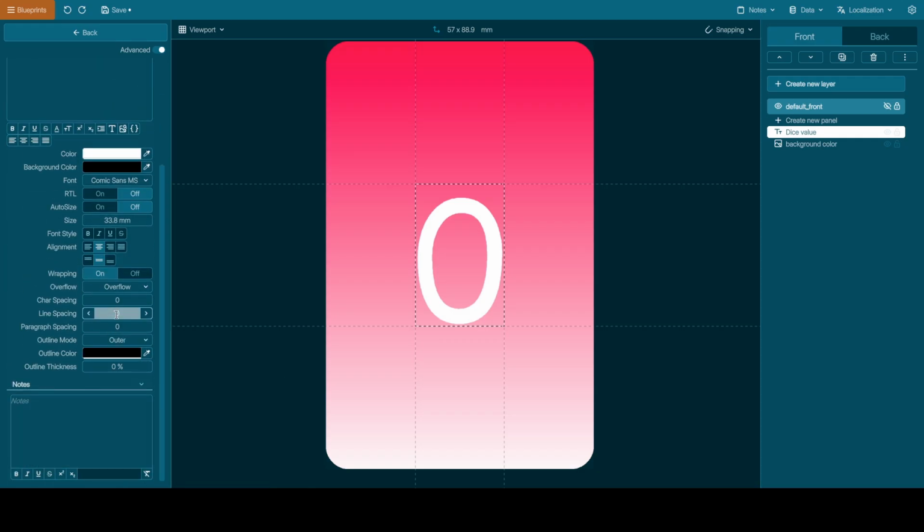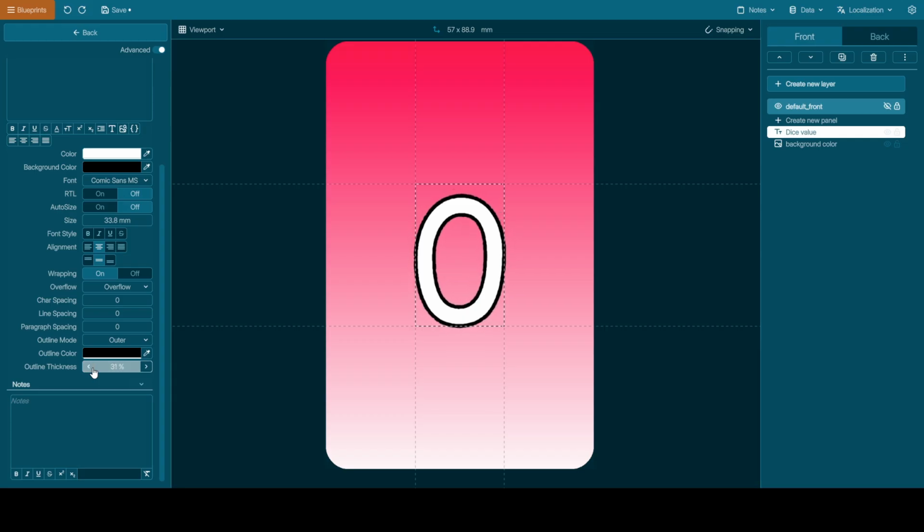And then we have outline. The color is black for outline, and thickness is 0 at the moment. So let's make it a bit bigger. Not too big, not that big. Like so. Let's put it in the middle.